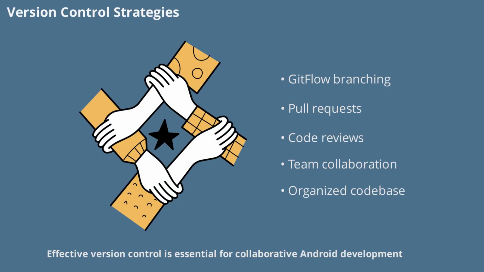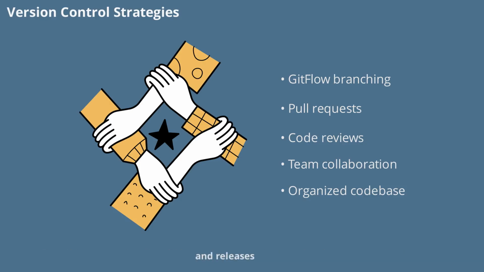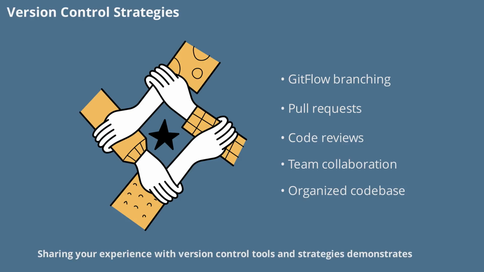Effective version control is essential for collaborative Android development. Branching strategies like Gitflow help manage feature development, bug fixes, and releases. Using pull requests and code reviews ensures quality and consistency. Sharing your experience with version control tools and strategies demonstrates your ability to work in team environments and maintain organized